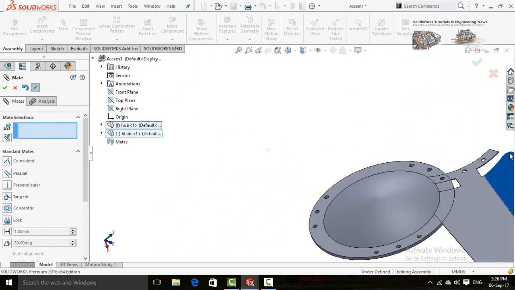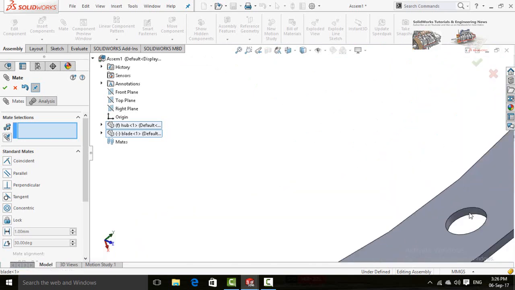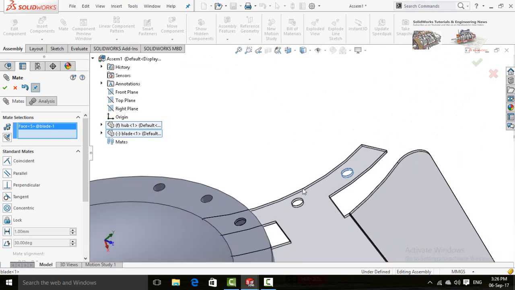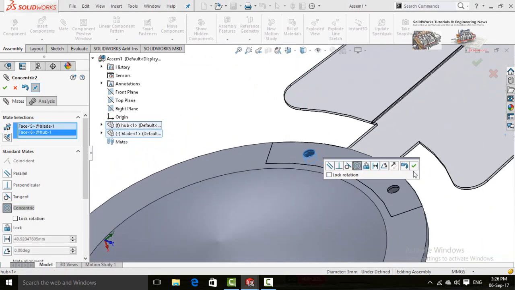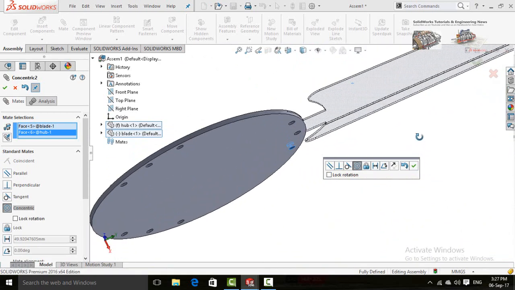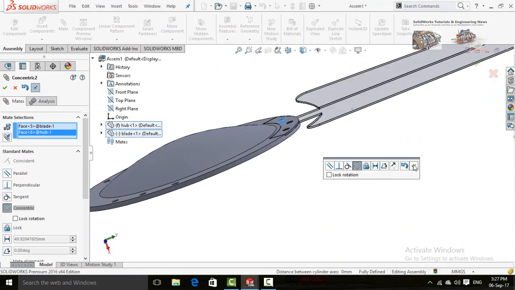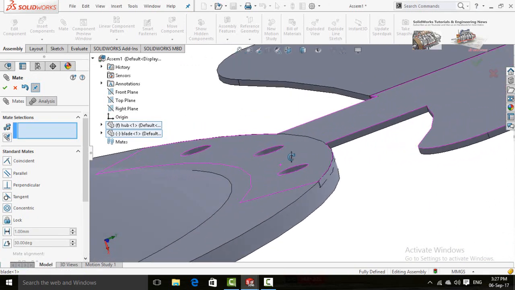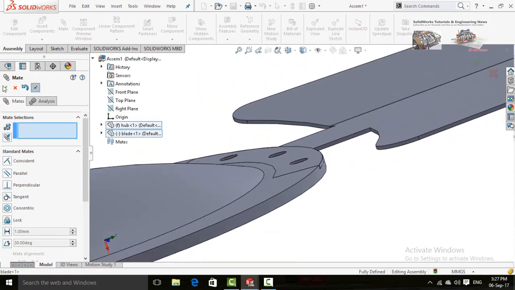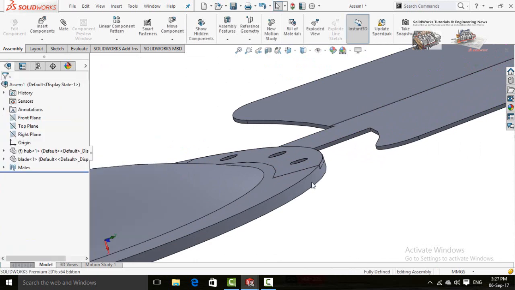Drag it. Now make mate for this bore with this hole. Press OK button. Again press OK button.